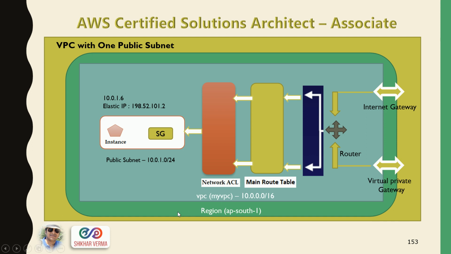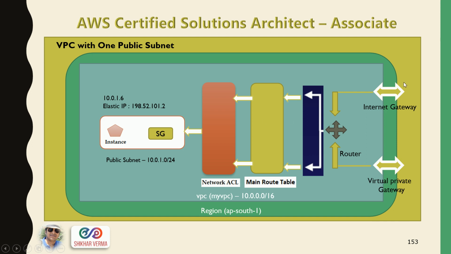So here you can see that this is my region. I have created the VPC, and then inside the VPC I have created a subnet. As I told you in the previous lecture, when you create a subnet, initially it is a private subnet because this subnet is connected to the main route table, and this main route table is not connected to an internet gateway, or we can say we have not done any changes in the rules of the route table. So to make it